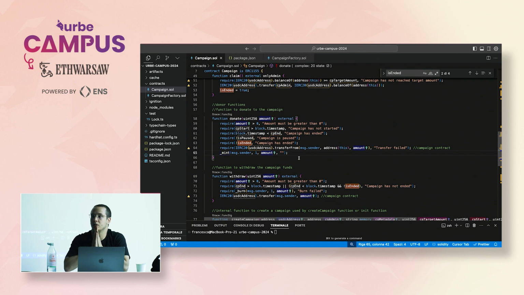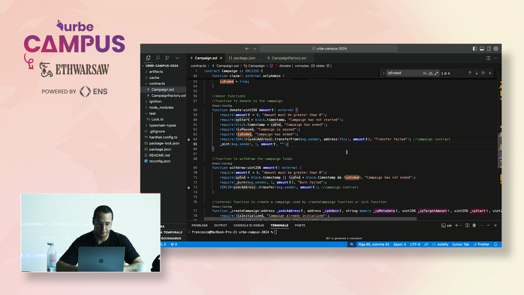I'm thinking what would be more efficient. So probably the most efficient way here is to check here in the donate, because what we can do is, after the mint,